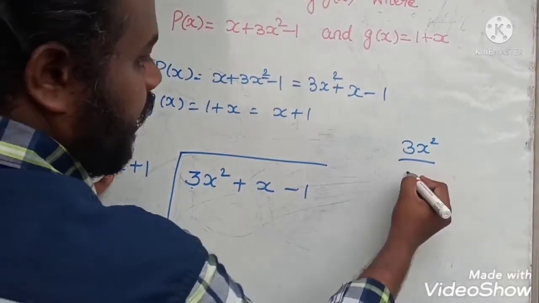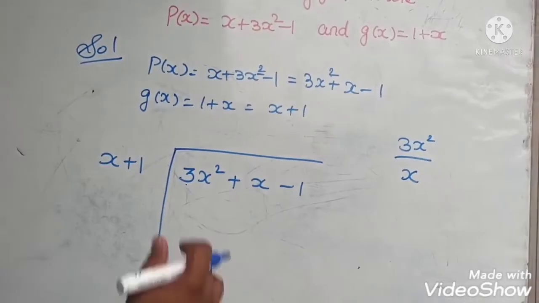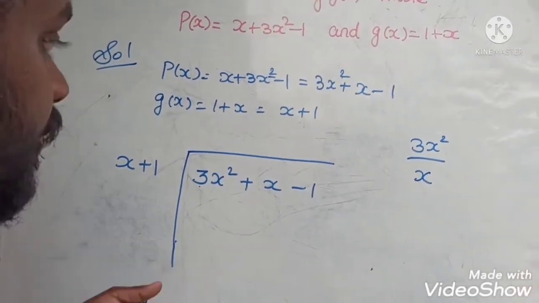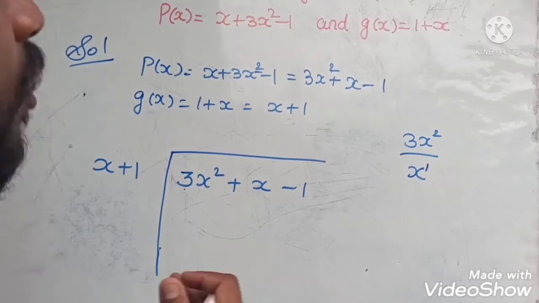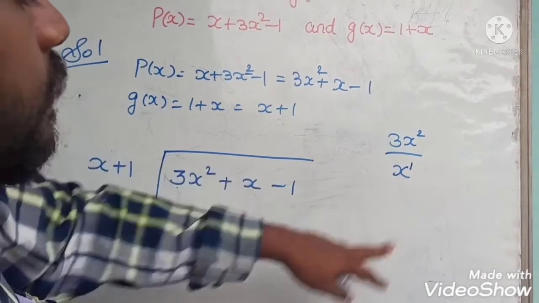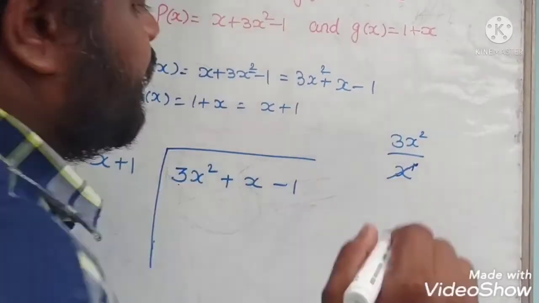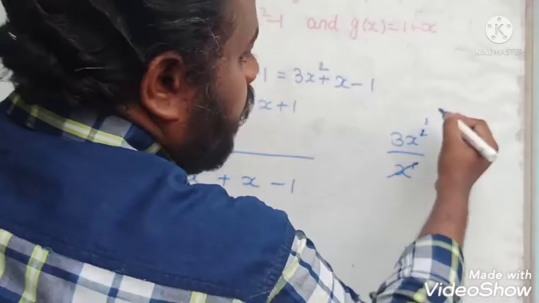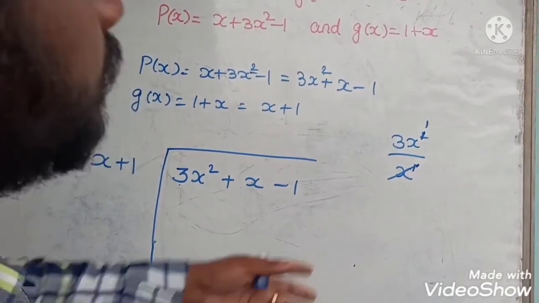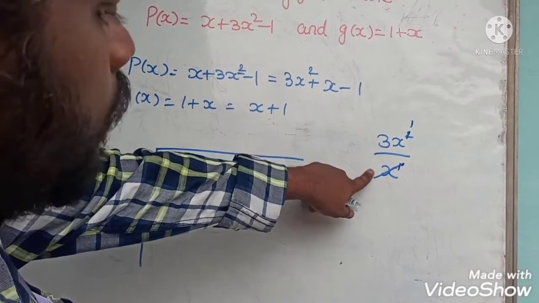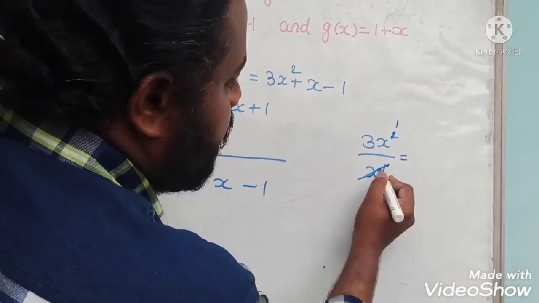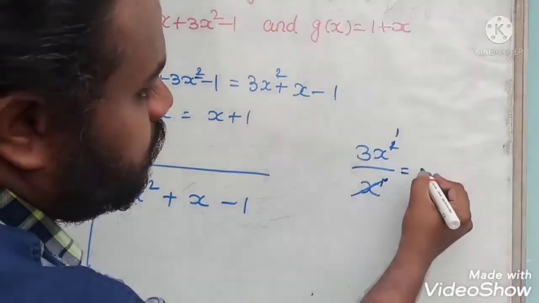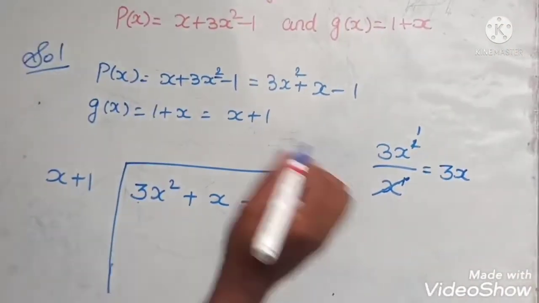3x square can be divisible by x. Just to recall from 8th standard, exponents and power. Here the power is 1, here the power is 2. Which is smaller? This one is smaller, so it will cancel. Here remaining 1. We can't simplify the 3 because there is no constant here. Here all the terms are cancelled, so the denominator is 1. So the remaining is 3x. So we have to multiply with 3x.